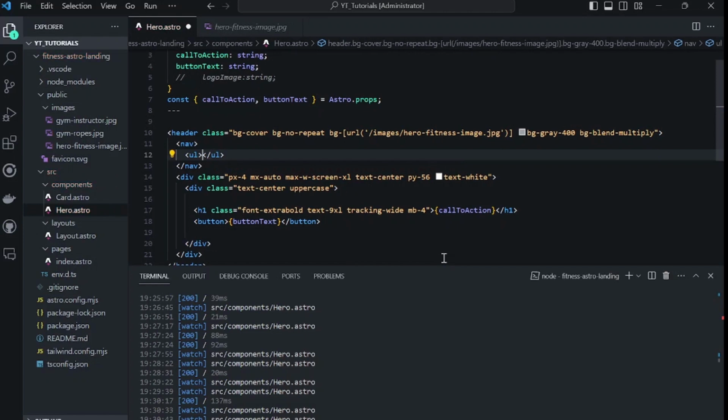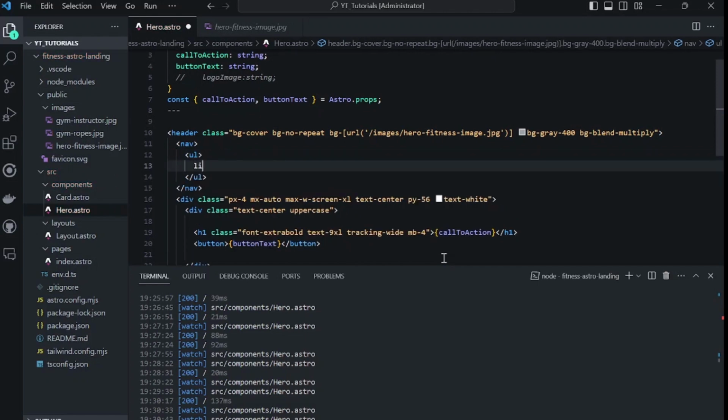We're just going to put the name of the gym here for now, and later we will add the logo. So the name of the gym was Astrojs